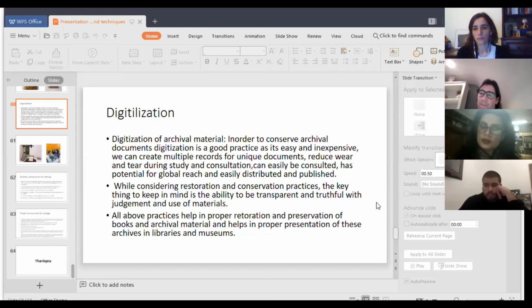We use one of the softwares which is very easy to use that we are nowadays using. But again, we use different kinds of scanners, different machines, and different camera lenses, because we were conserving diaries which have the minutest writing in them. The regular camera lens does not capture it, but usually we use one software, Digicam Control, to digitize the material. It is easy to use. It stores with the help of numbers and catalogs, and it just becomes a lot of hassle-free for us at the moment.